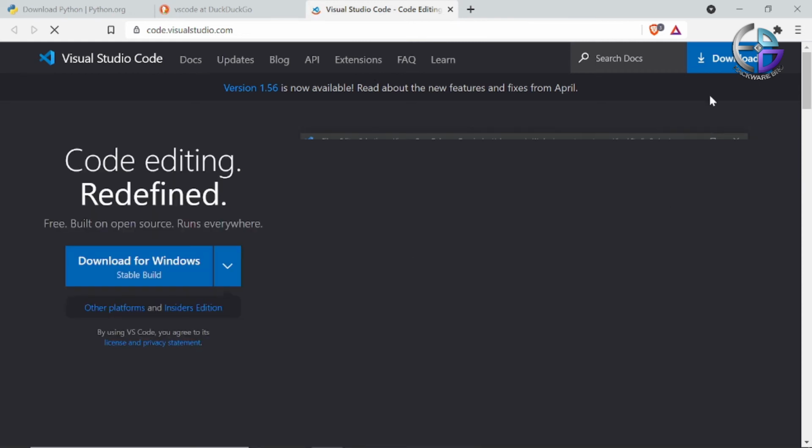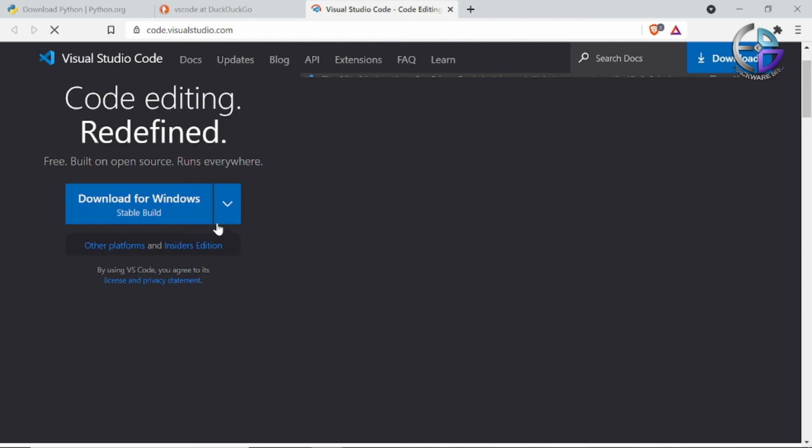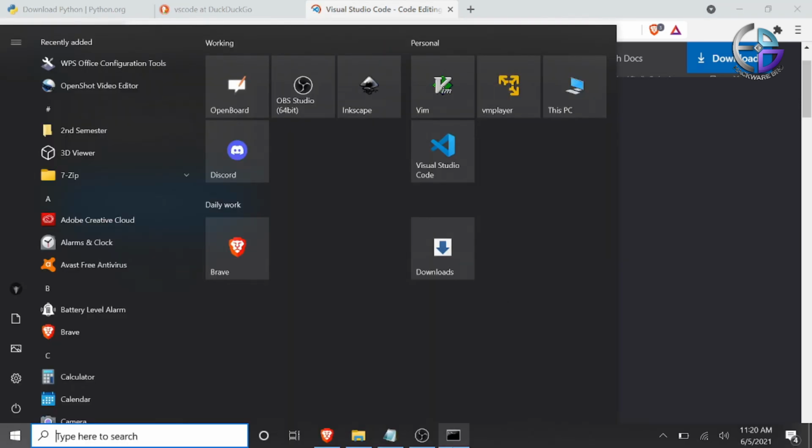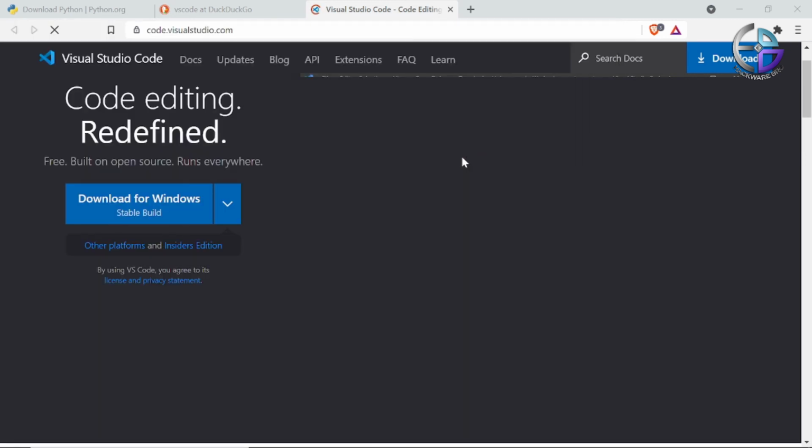Now here is the complete interface of this website. You just have to download your VS Code from here. Very simple steps. Just next and okay. Now let me show you the interface of Visual Studio Code and what you have to do after installing your VS Code, so that we can start our Python coding from the next tutorial.